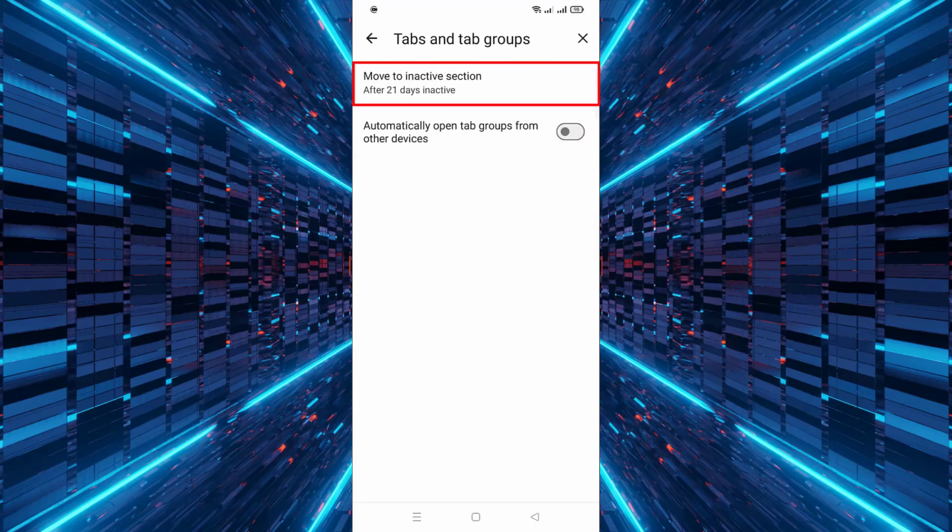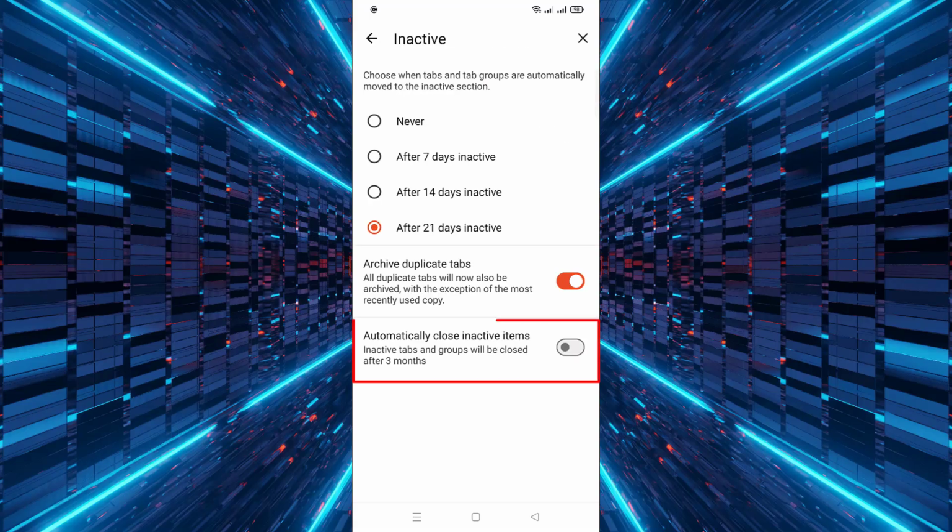Next, find the More option and tap on Inactive Tabs. Then, locate the Automatically Close Inactive Items option. Turn it on by tapping the toggle switch next to it. This setting will now automatically close tabs that have been inactive for a certain period, which helps improve performance and